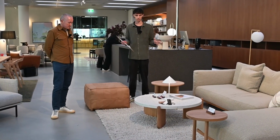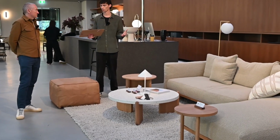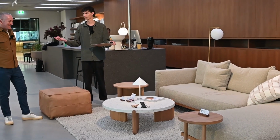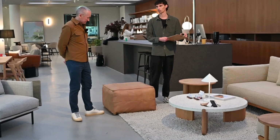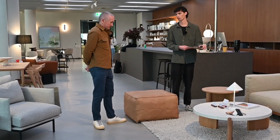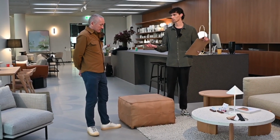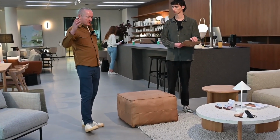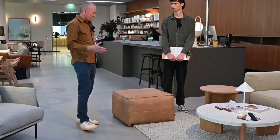We've got quite a number of pieces here in this setting, which all pair quite well together, I would say, despite them being from different branches of Wooden Stories. We've got the Tanbo ottoman here, which you were talking about a bit earlier, about the manufacturing and the use of the leather and how that came to be, which really plays into your sustainability side of the business as well. This wasn't led by, here's the design, now let's see how to make it. It came from the opposite approach, where